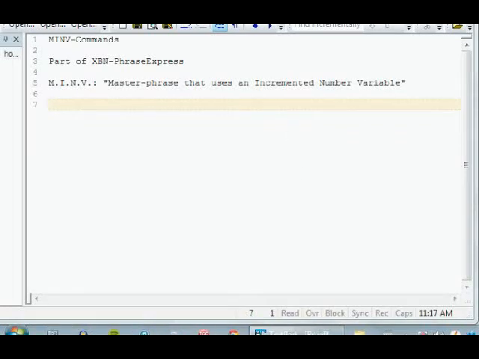Welcome. This video is going to demonstrate MINV-Commands. MINV-Commands are part of XBN-PhraseExpress. A MINV-Command is basically a loop with a lot of utilities associated to it for the purpose of calling that loop, for the purpose of creating phrase calls to it, meaning I'm writing PhraseExpress code and I want to quickly create a call to it,